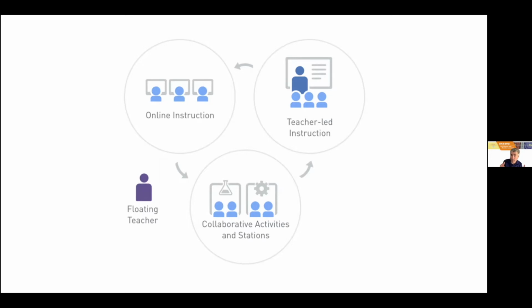So station rotation model means you take a class, let's say you have 30 kids in your class, and you break it into 3 groups of 10. The first group of 10 is with an instructor getting instruction, like a teacher would typically give, right? And then the second group of 10 is doing online instruction. They're using the computer and they're learning from a website, an activity online. And then the third group might be doing some sort of activity with each other, or doing a workshop in the classroom. And so in each of those cases, technology might be used in some different ways, and there's some face-to-face.